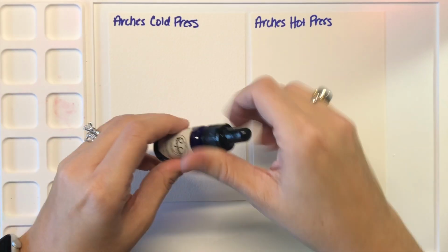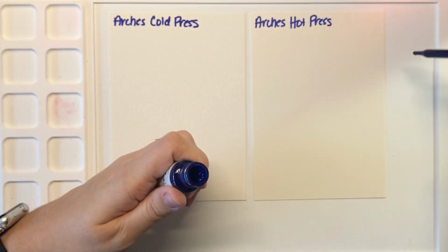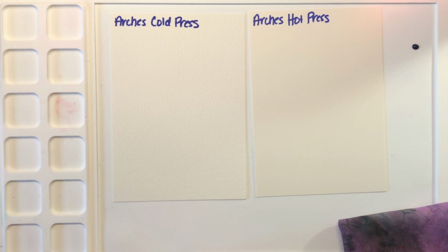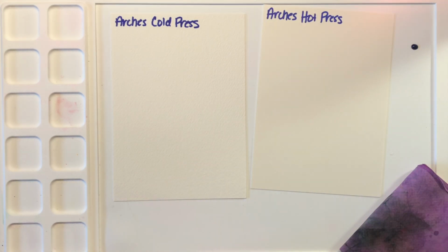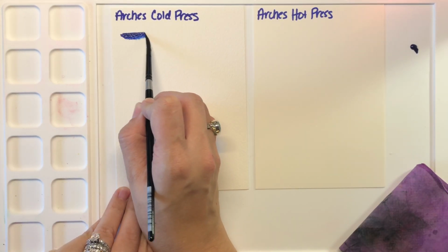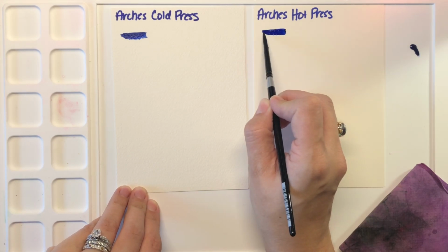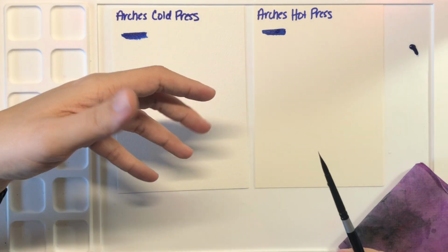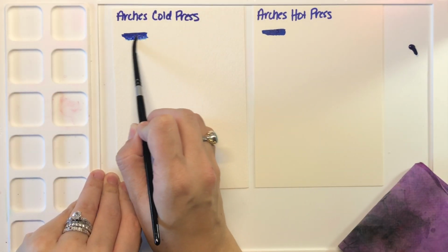Here, I have a side-by-side comparison of the two papers. I have laid down some fairly concentrated liquid watercolor on both styles of paper and left it to sit for a few seconds. I then used my clean, wet paintbrush to try to move the color, and you can see that the color on the cold press paper moves beautifully despite having sat for a few seconds to soak into the paper, while the hot press paper leaves a harsh line even after attempting to move the color with quite